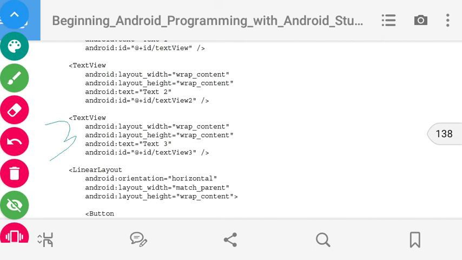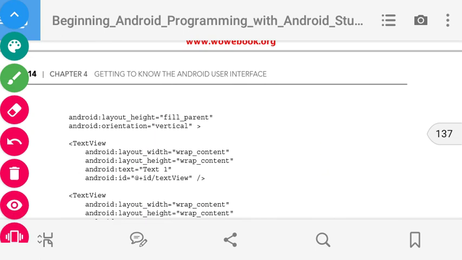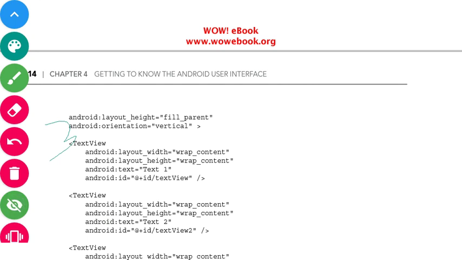So there are three text views inside the linear layout. The property of the linear layout is android:orientation vertical.